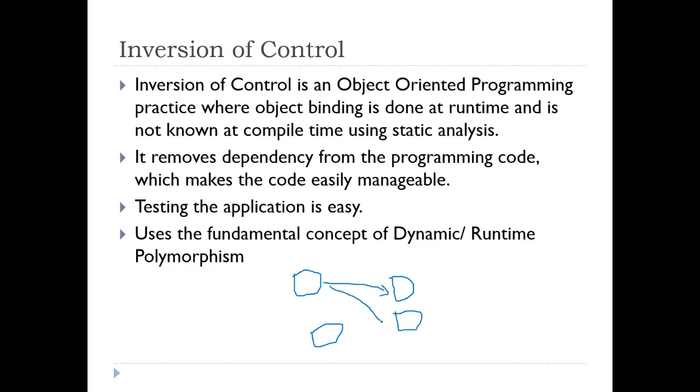Let's say these have references of some other object, and these in turn may be dependent on some other object. What happens in this case is that our code becomes very tightly coupled since the object creation takes up most of our application code. So, what Spring does is